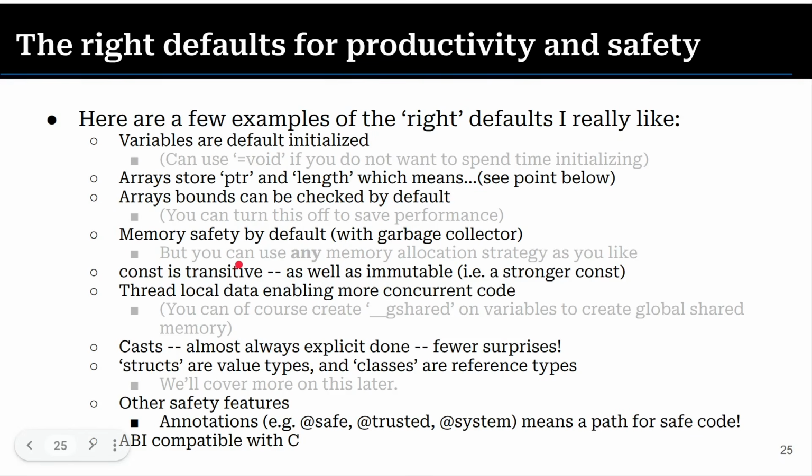We get memory safety by default with a garbage collector. So that means if memory's in use, you don't have to worry about null pointer references and these things as much. You have to try a little harder to get those errors. Memory corruption issues and these types of things. Again, you basically get the memory safety because the garbage collector is going to take care of allocating and freeing the memory for you, which is really, really nice.